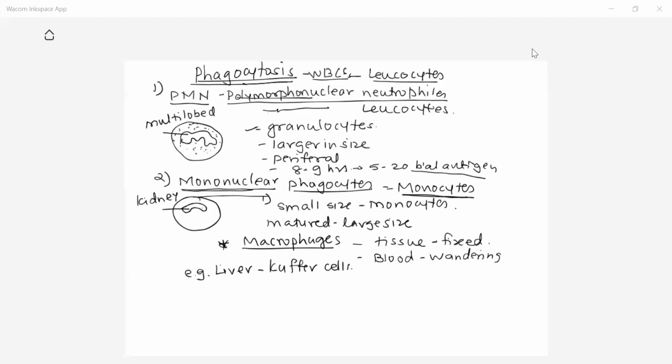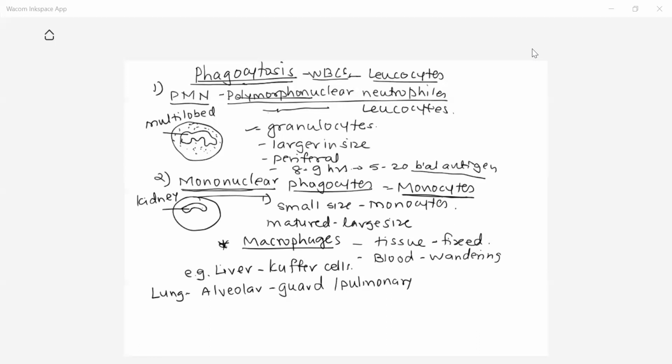Then another good example is alveolar macrophages. Alveolar macrophages are also called guard cells. They are present at the opening of the lungs. They are also called pulmonary macrophages. Pulmonary macrophages protect the lungs from external antigens. Foreign antigens that try to enter the lungs get killed at the opening of the lungs, because at that site there is a type of macrophage called alveolar macrophages, guard cells, or pulmonary macrophages.